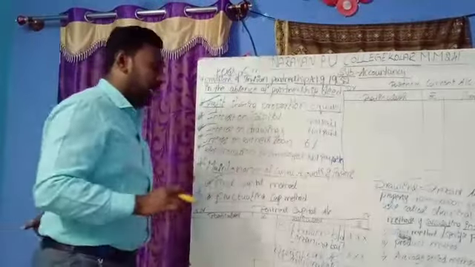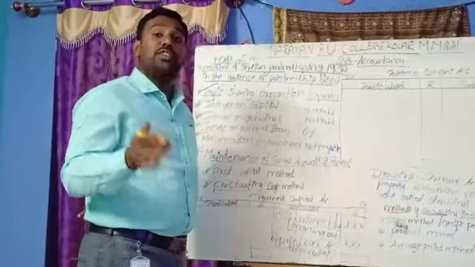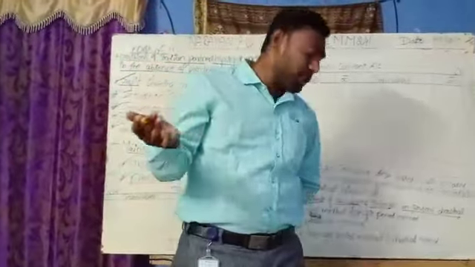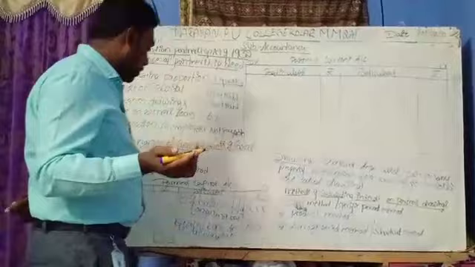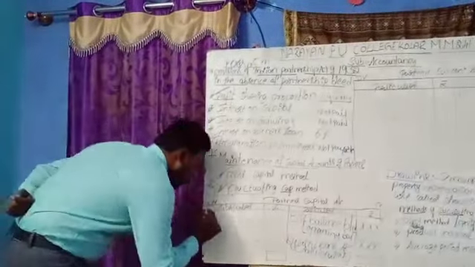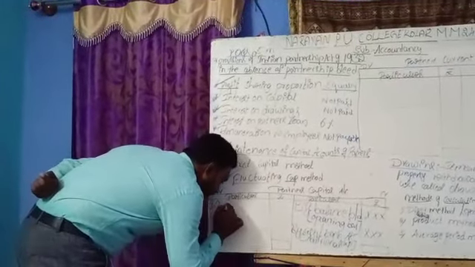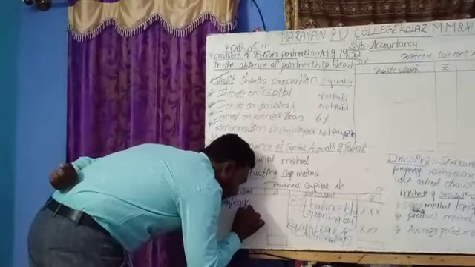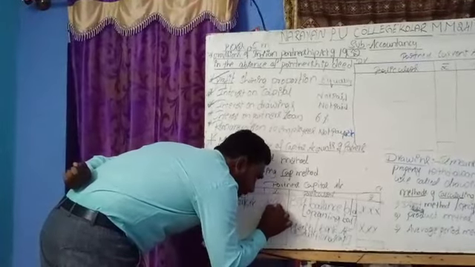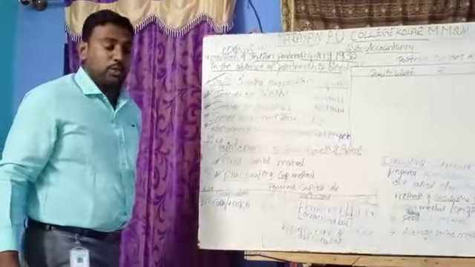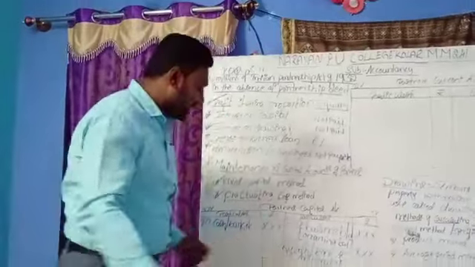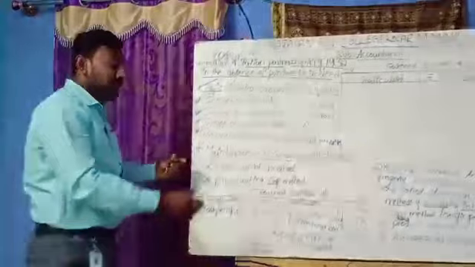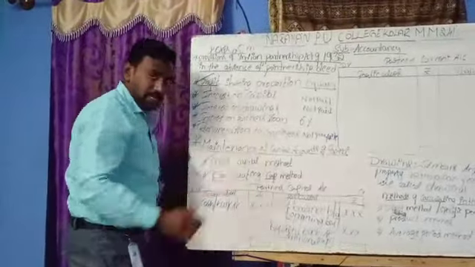If any partner has withdrawn money from the business for personal or private use, that amount should be debited to the partner's capital account. We write to cash or bank account, and I will mention X during that time. So if any amount is invested, it comes to the right hand side. If any amount is withdrawn from the business, it should be debited to the partner's capital account.